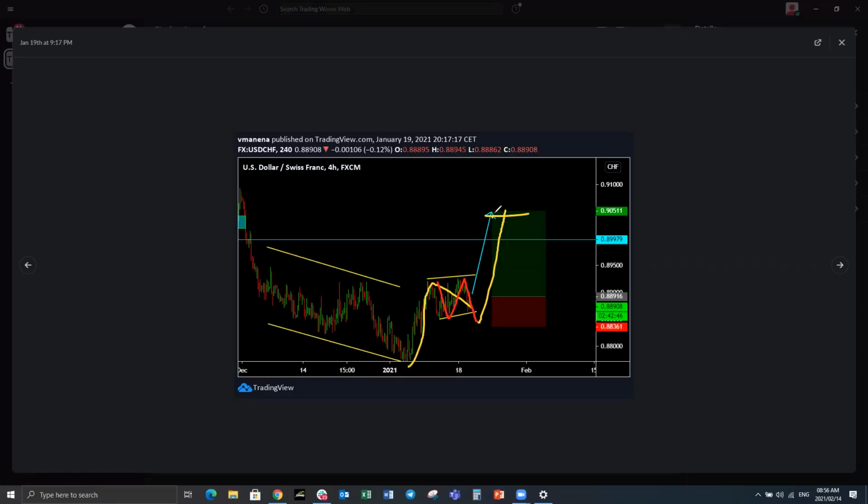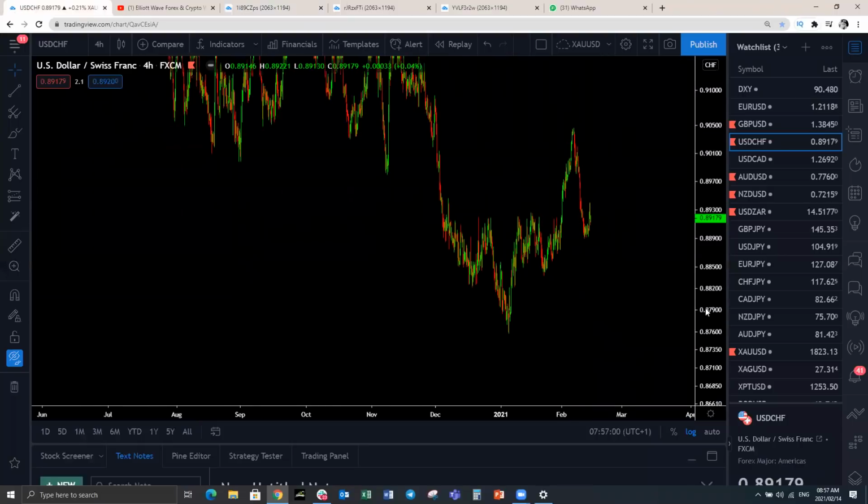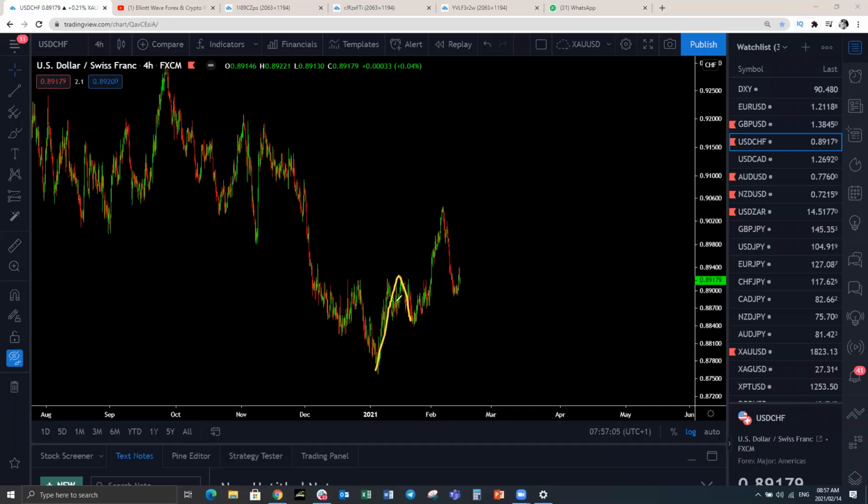So what happens after this? It has now started a move to the downside. What are we looking for now? Now we're resuming with the downtrend, and now we're looking for trades to the downside on US dollar CHF. This is how it has played out. Let's have a look here on the live chart. So this is a US dollar CHF 1, 2. That's our buy setup here. Makes a move to the upside.